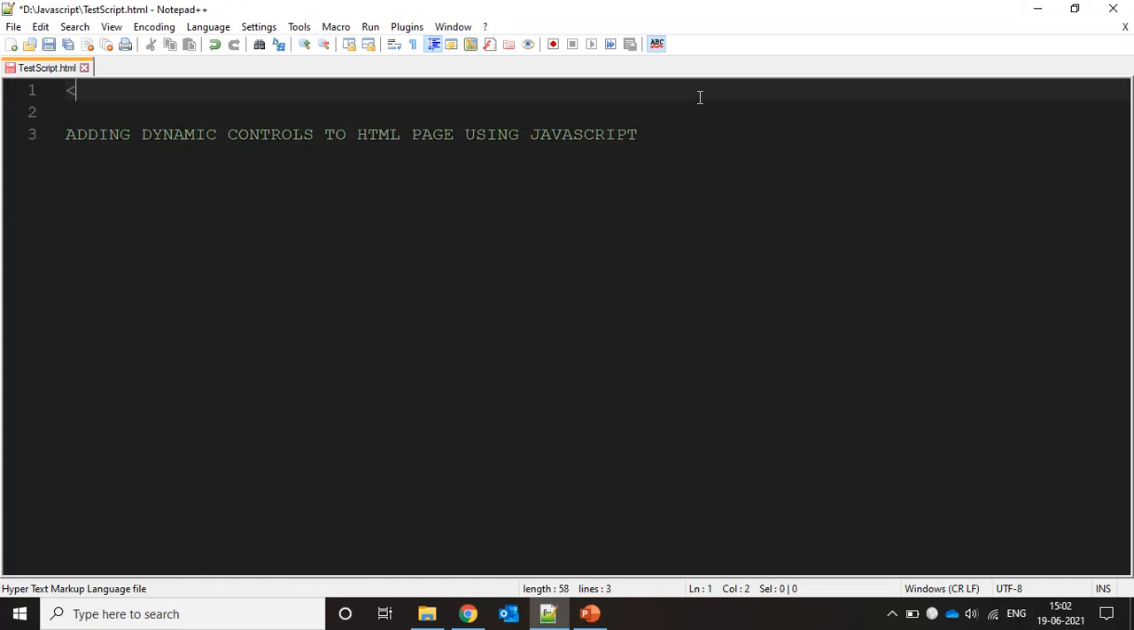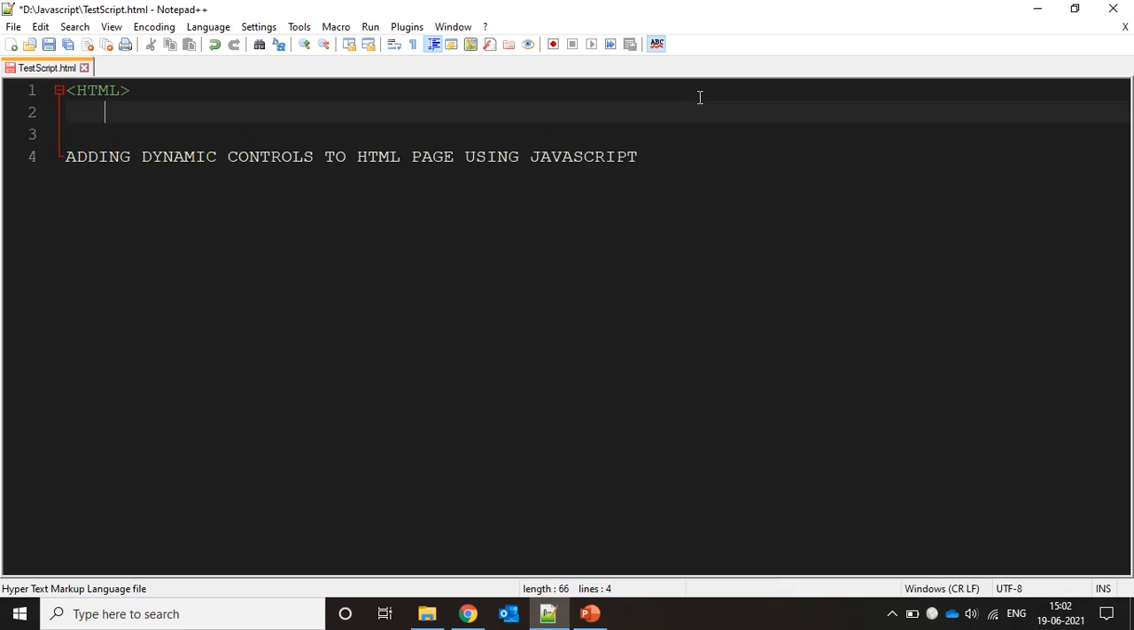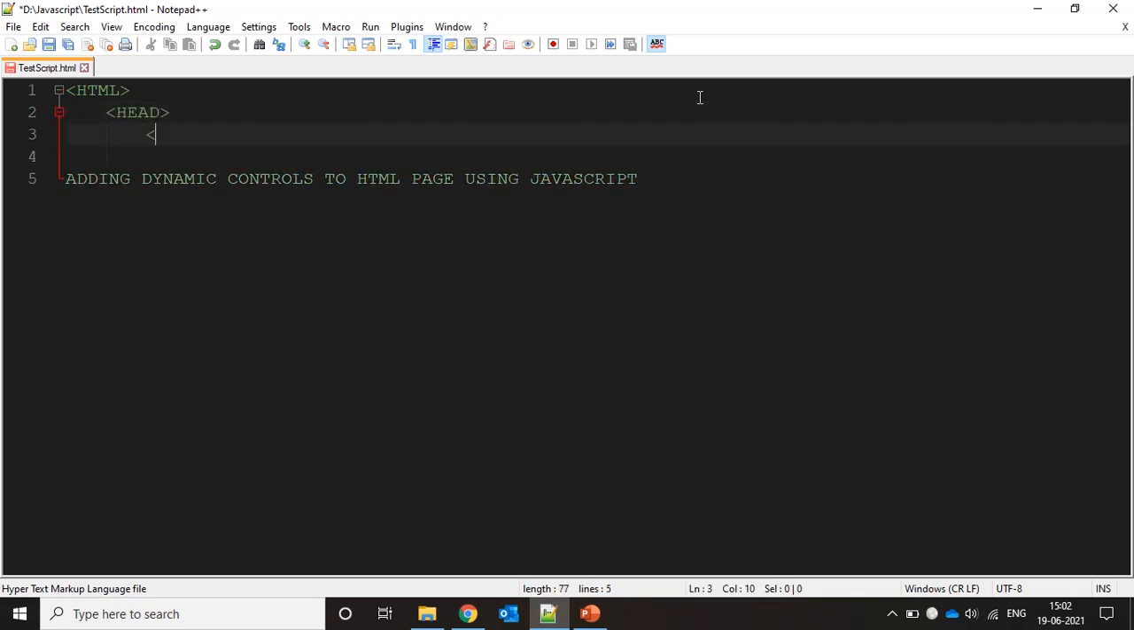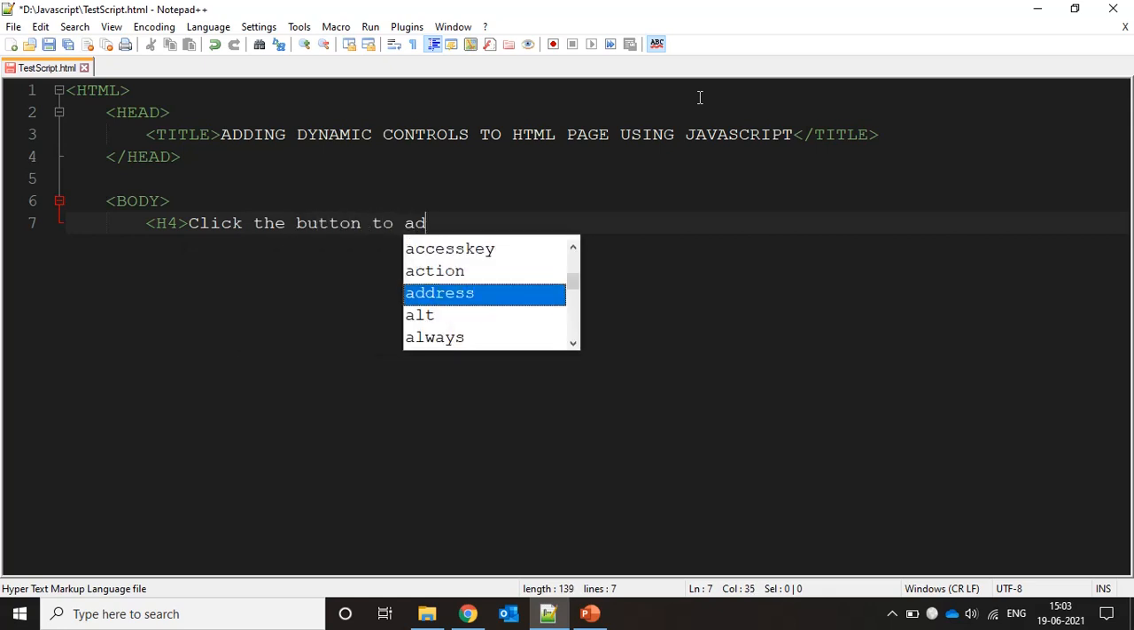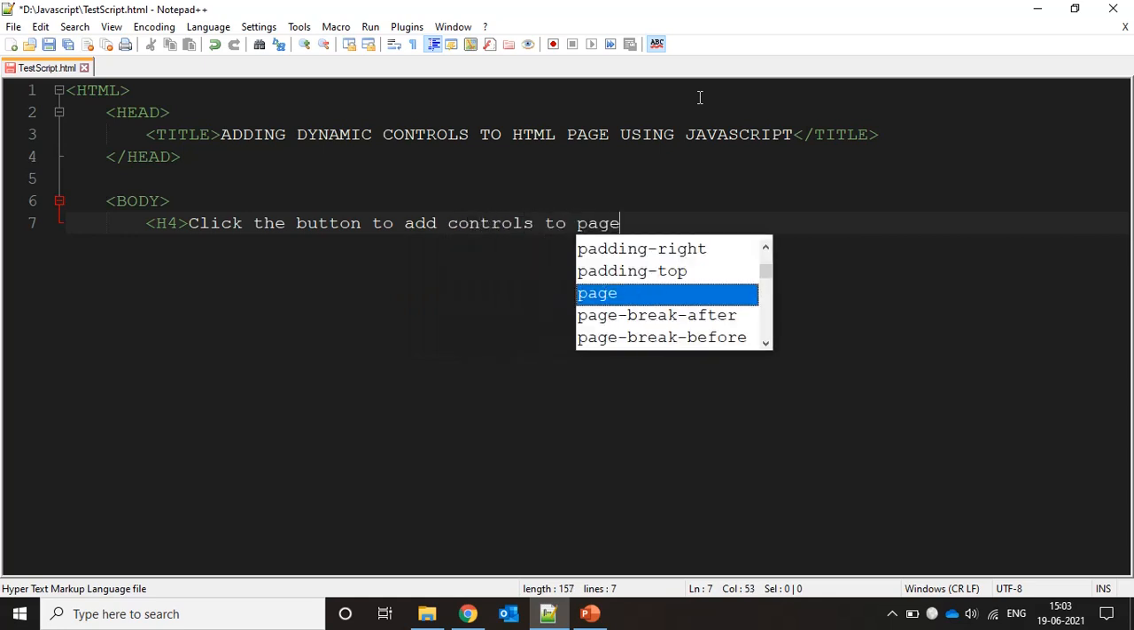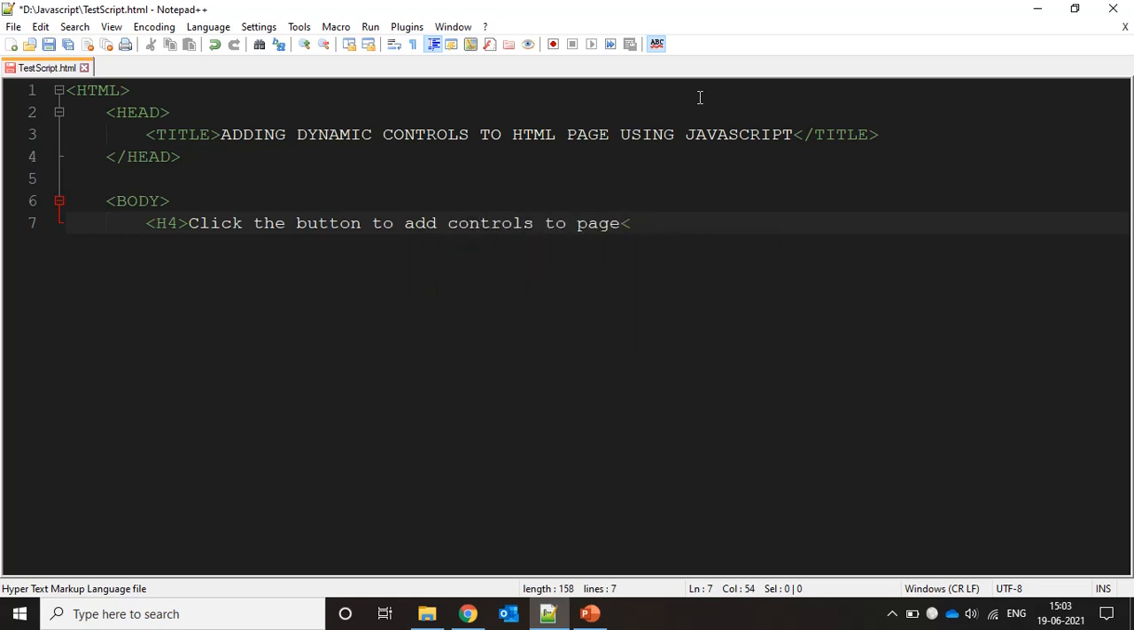We're going to keep it simple. We have an HTML tag over here. We start with a head and a title, and let's just bring this topic in the title and close the title over here, close the head, start the body tag. Inside the body tag, let me put a header over here which says click the button to add controls to page. Close the header over there,